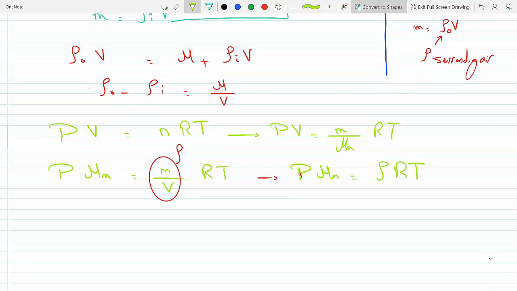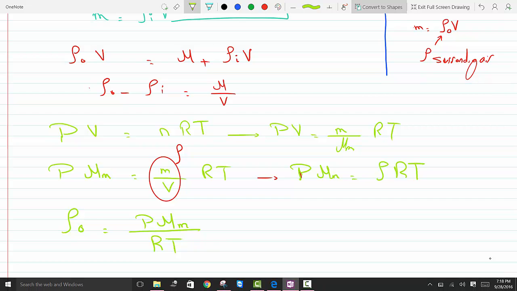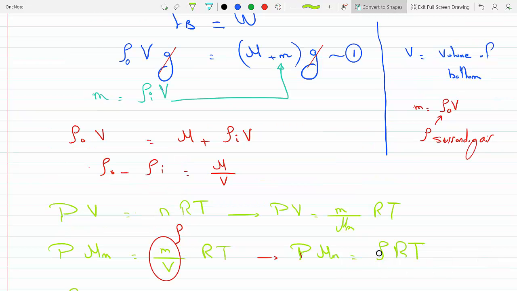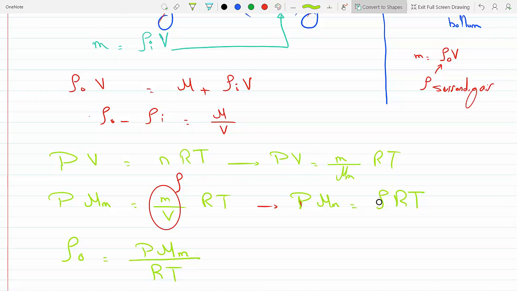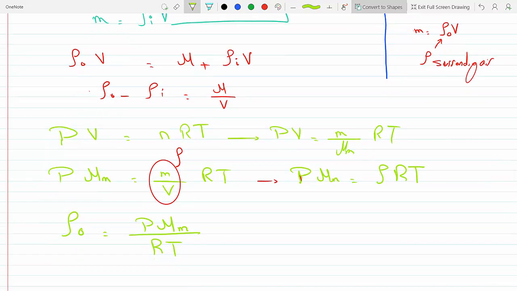So we already know the molar mass for air, so that means the density of the air outside will just be the pressure times the molar mass divided by RT. Okay, sounds good. And let me look up the molar mass for a mole of air. So here, this is the rho for the air outside,